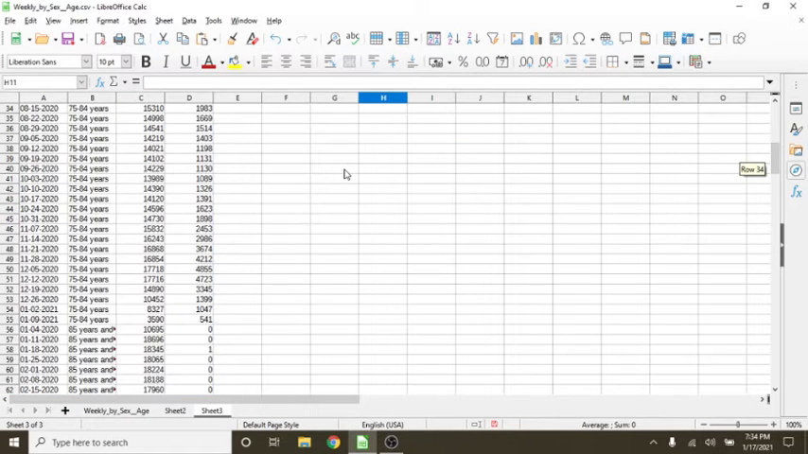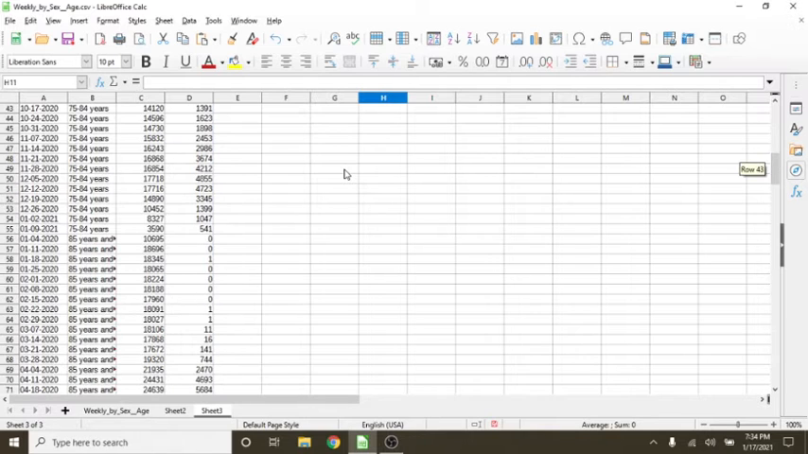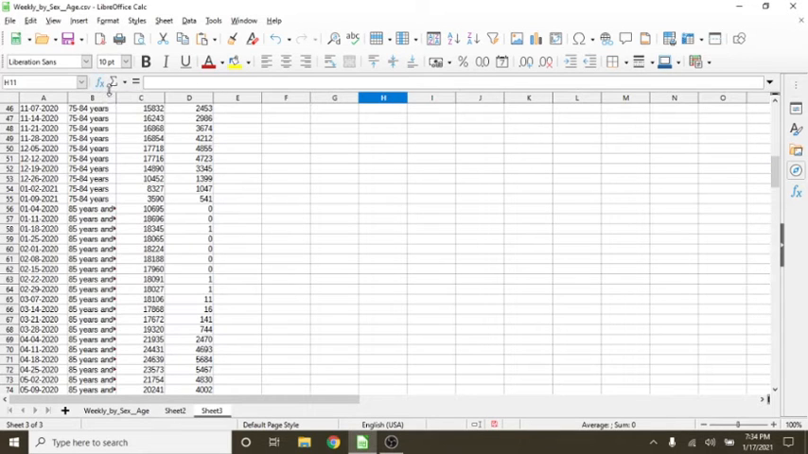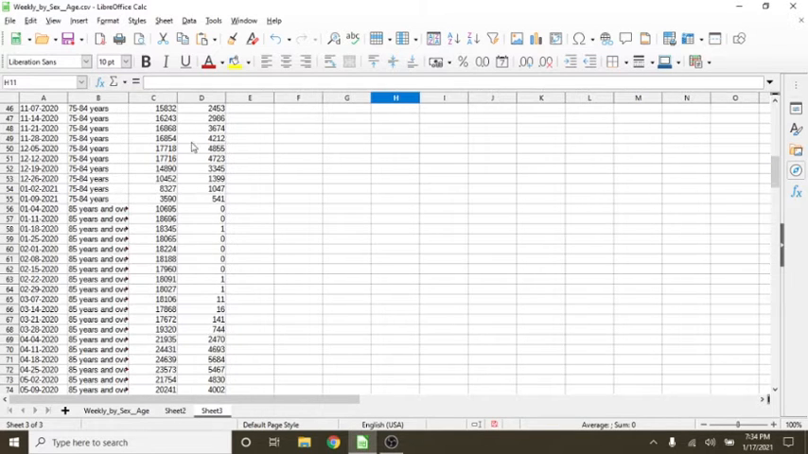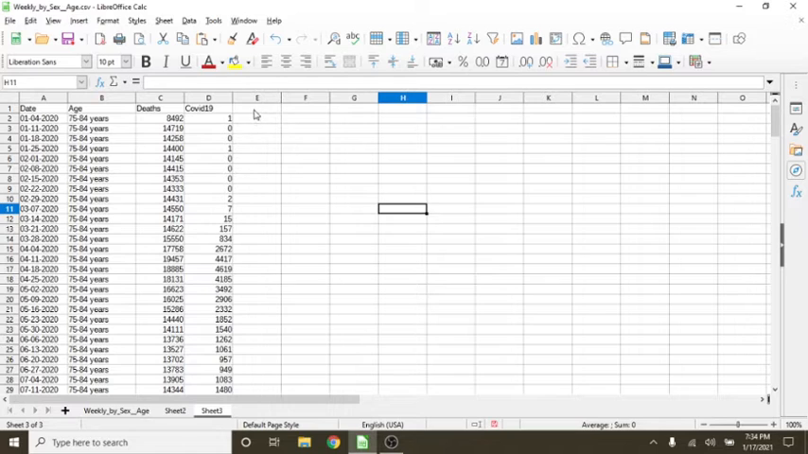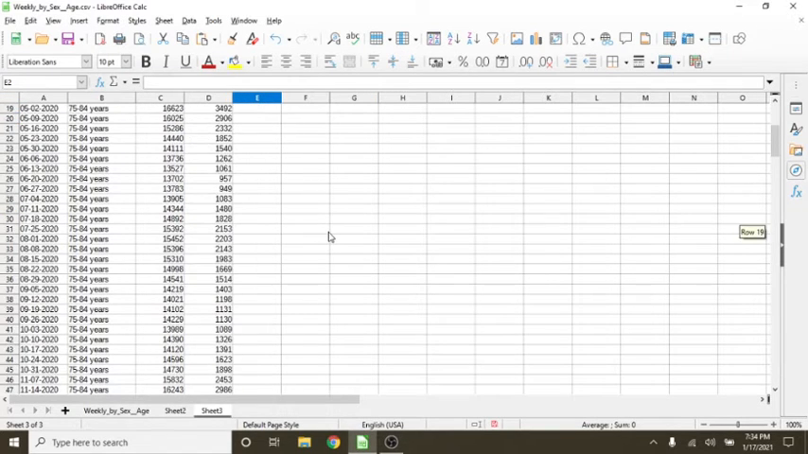Okay, so let's take a look at the 75 to 85. We can take a look here at the 85 and older age group. So here's our question. We know that the 85 and older is still the hardest hit, but as the percentage of total deaths, okay, at the percentage of total deaths,